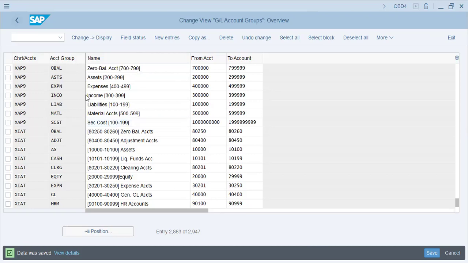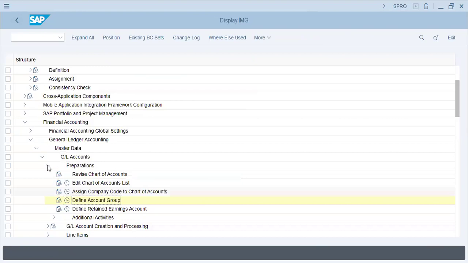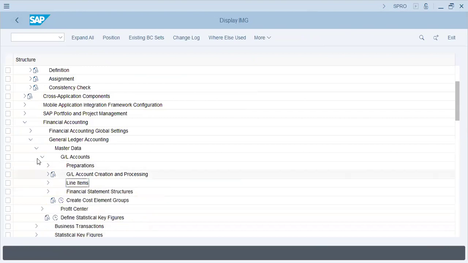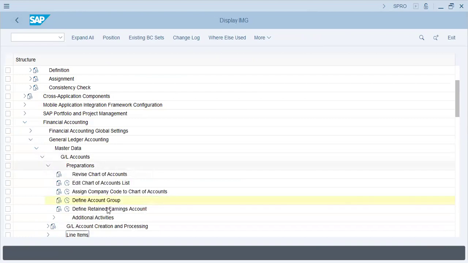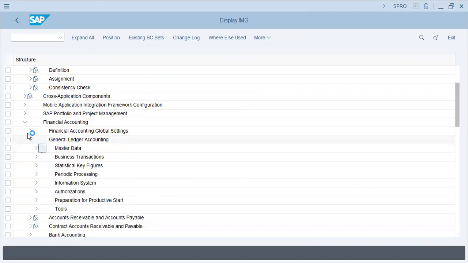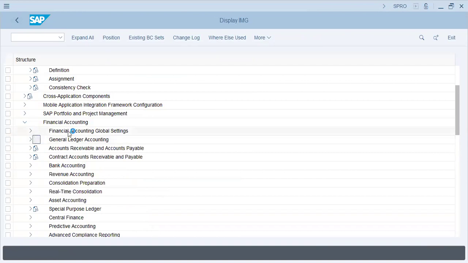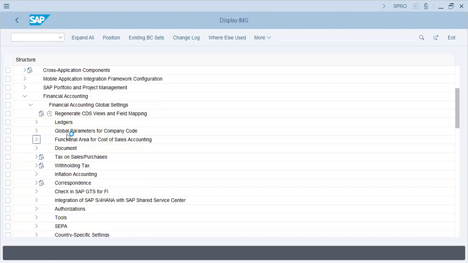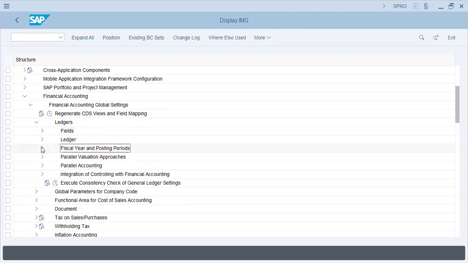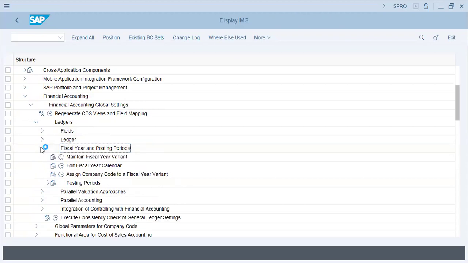Okay, the next segment that we are going to discuss will be secondary costing. That being said, when it is assigned, the next step will be to create a defined retained earnings account. Very easy. Once you're done, next comes the ledger part, important part. But before we go into ledgers, we will have a fiscal year. A fiscal year is basically your